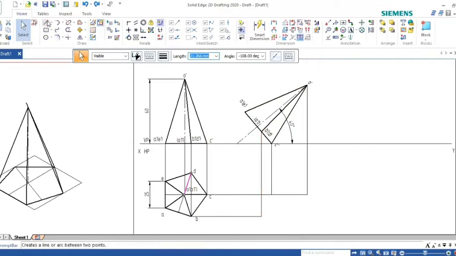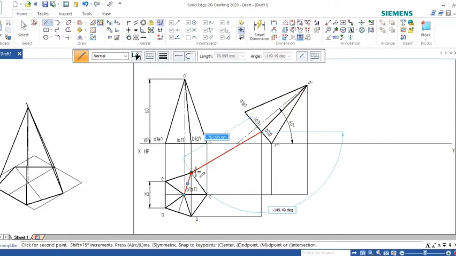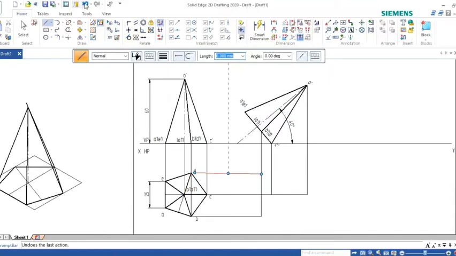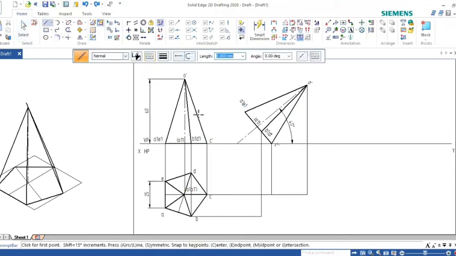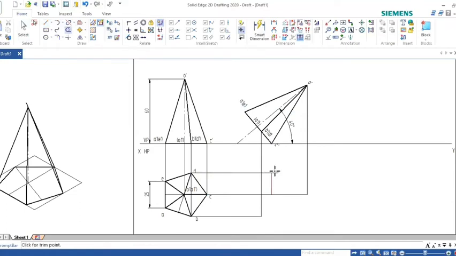Go to the line command. Now we have to join D2. Select the line command. D2, you can trim this portion. Sometimes it happens like this.